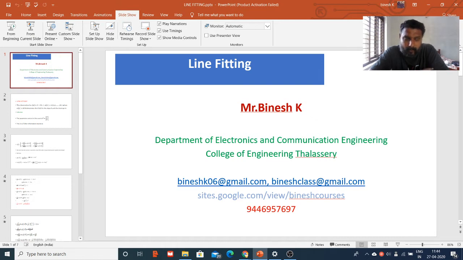Anyway, you know how to calculate the I of theta inverse, which is nothing but adjoint of A divided by determinant of A. We have taken the determinant of A, we have calculated the adjoint of A, and afterwards we have calculated I of theta inverse, which is nothing but the extension of CRLB to the vector parameter. These are the things we have discussed in the previous class. Now we can extend the same procedure to this example also, that is the line fitting. We can proceed with this one.